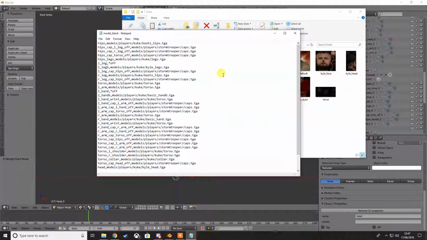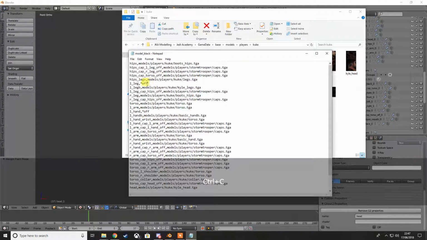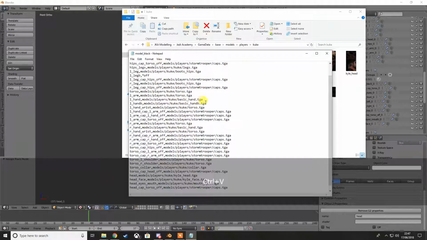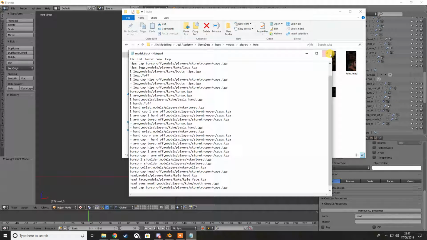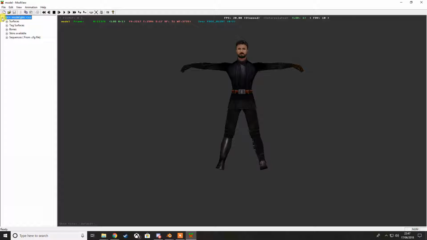Now, real quick as well, if I go into model underscore black, the reason this is cool is because if I just quickly copy what's there for the right leg and paste that over, set it to off, and then change L leg B to start off, and do the same sort of thing with the hands. So copy that, put that over this, change this to off, and just save this new skin file. If I open this back up in mod view, you'll see if I extend this and go to